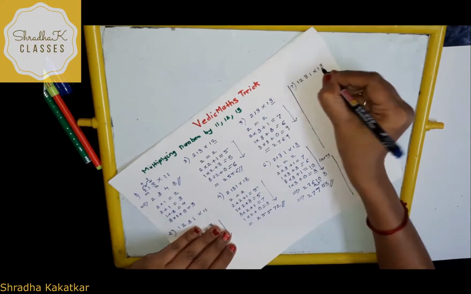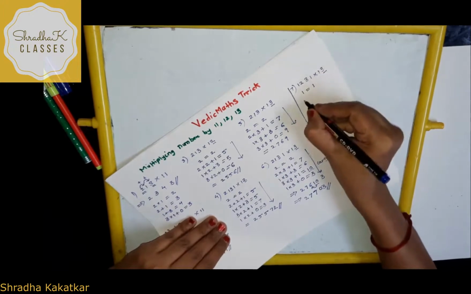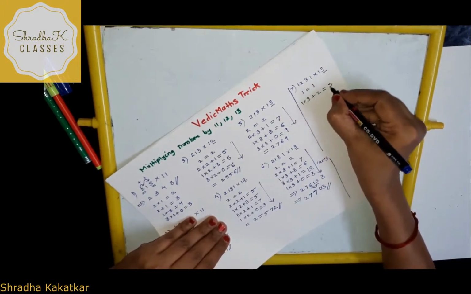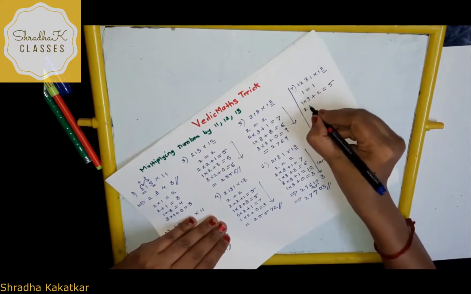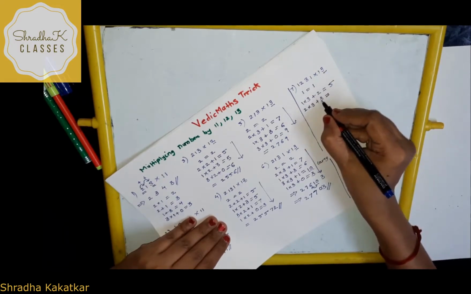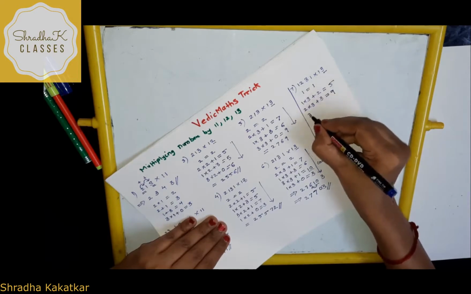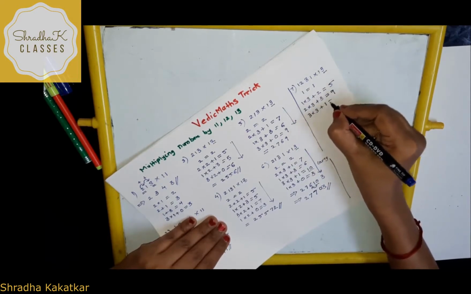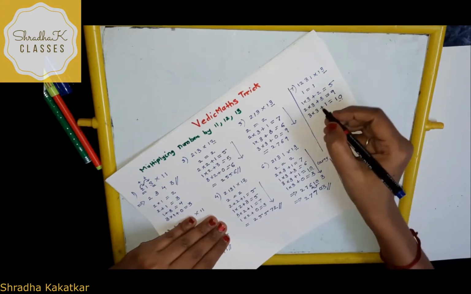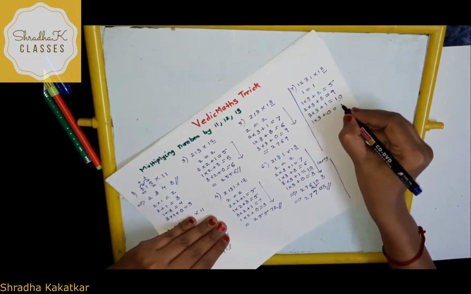Let's try one more. 1231 into 13. First digit, write as it is, 1. Now what will you do? This is 3. So 1 into 3 plus 2, how much? 5. Next 2 into 3 plus the next digit, 3, so 6 plus 3 is 9. Then 3 into 3 plus 1, how much? 10. See, here we got a 2 digit number again. Now next 1 into 3 plus anything there? No. So 0. So 3.